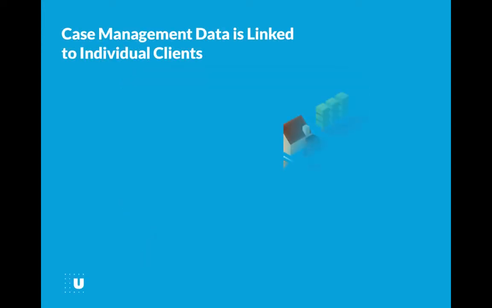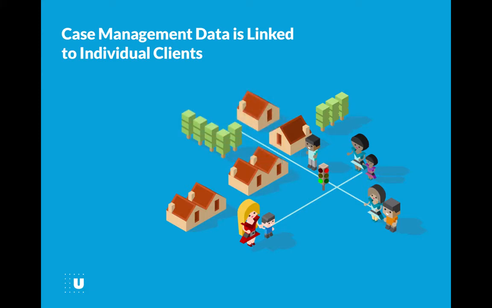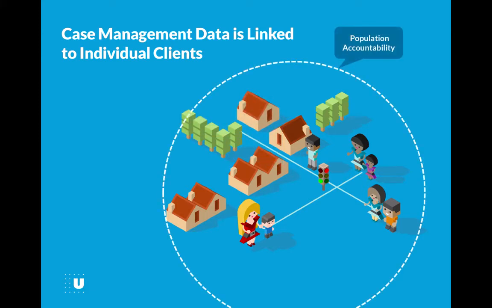Why is case management data so useful for improving an initiative? In tracking community-level data, initiatives take responsibility for achieving results for the entire community population, even for those people they may never serve directly. This is called population accountability. However, changes at the population level usually take longer, and individual strategies that may be working really well or not working at all can sometimes be obscured by larger trends or events in the local economy or school system.